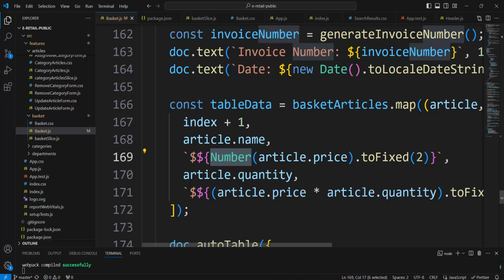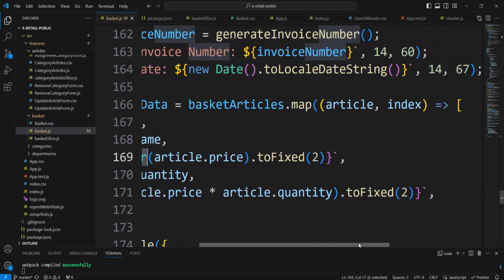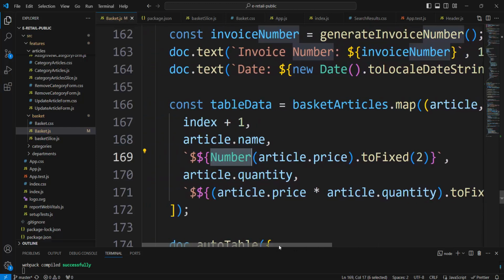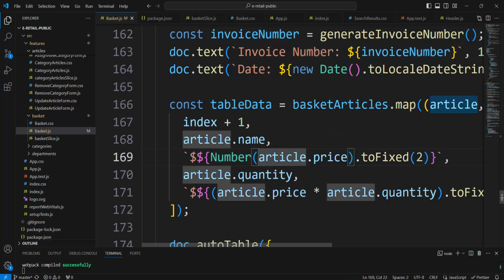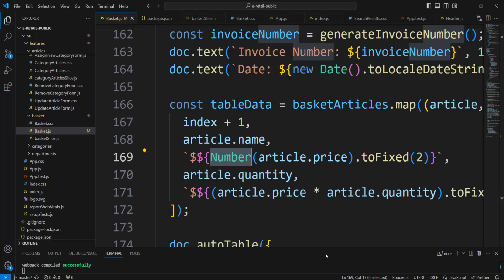And here it is. But look at it now. If article price is a number, and we write Number here,